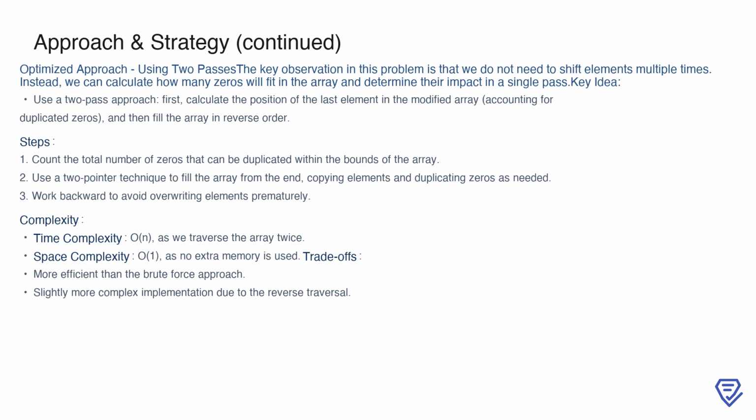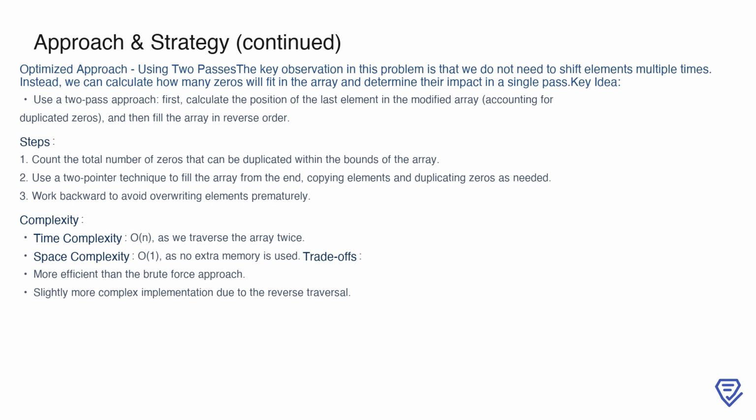With this information, a two-pointer technique is employed to traverse the array backward. As we move from the end of the array, elements are either copied or zeros are duplicated as needed. This strategy reduces the overall time complexity to O(n), since the array is traversed only twice, and it maintains a space complexity of O(1). While slightly more complex than the brute force method, the reverse traversal ensures greater efficiency, making